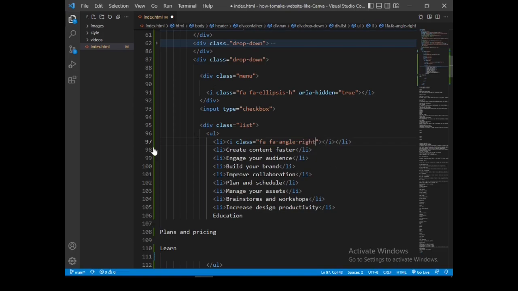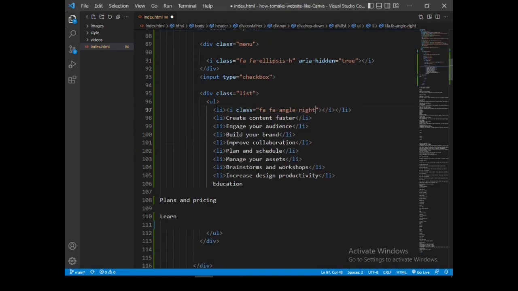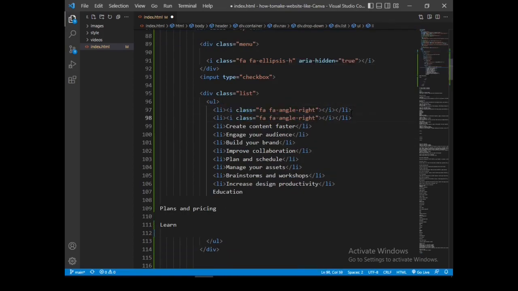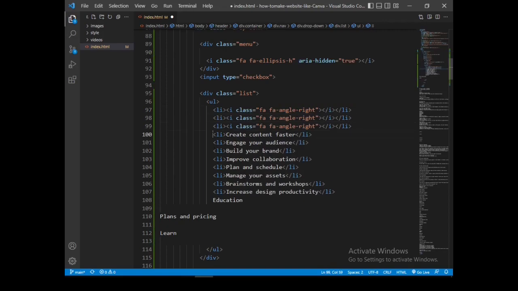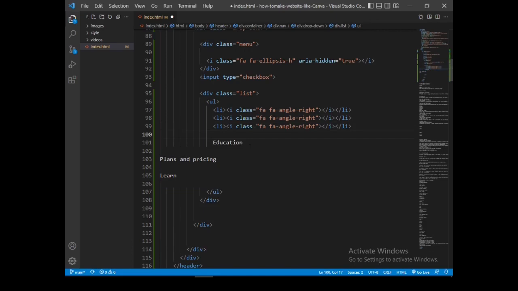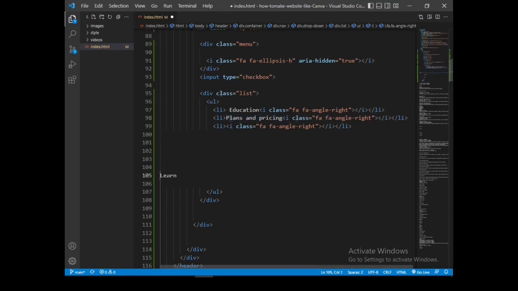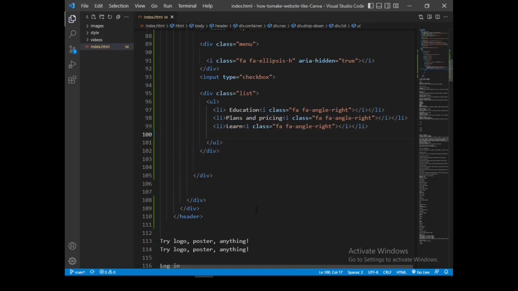Now let's replace. I can just copy it first and make it three, one, two, three, and then we remove this text that is no longer needed. Let's simply drag it to where it should go, like this. We are done. Okay, we're done with that. So now we're done with our last dropdown.